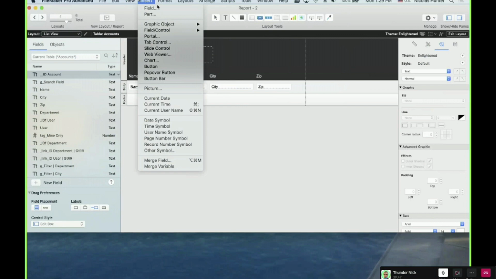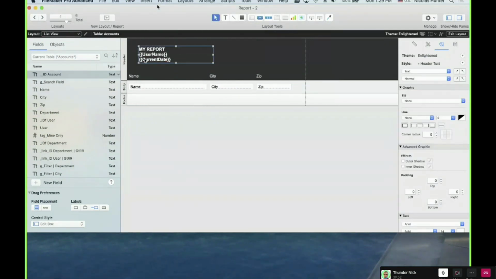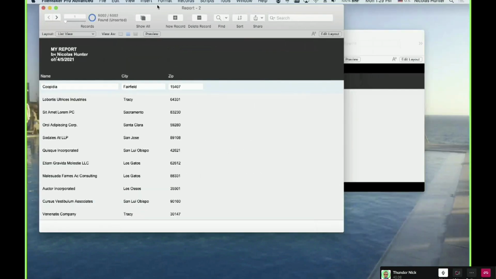I can insert the date symbol. So I can say my report by, and here on. Here I have my report by Nicolas Center on the 5th of April.